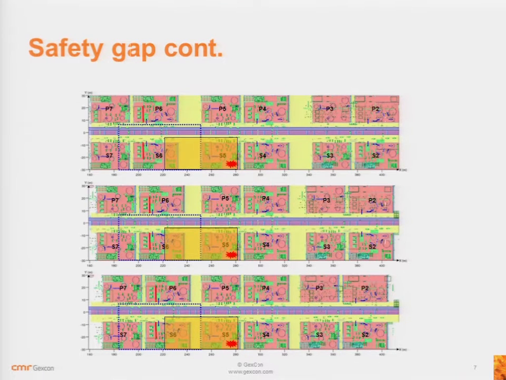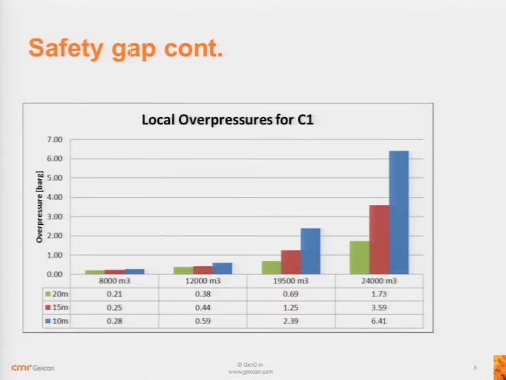So again, what we showed last year and what is typically done in these ERAs is a sensitivity study on the effects of different safety gaps. And again, I'm going very quickly here, but you can see that, for example, for large clouds that would cross between adjacent modules, you can get a significant effect on the overpressures, the design accidental loads, if you extend the distance between the modules. I mean, this is obvious. You don't need a PhD in CFD modeling to understand that, but